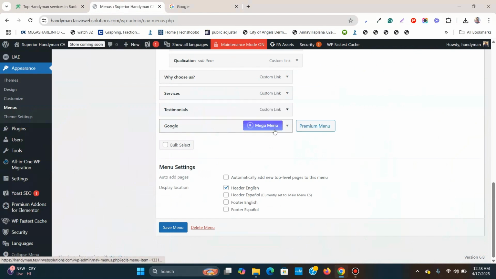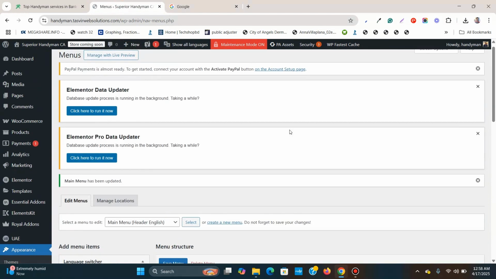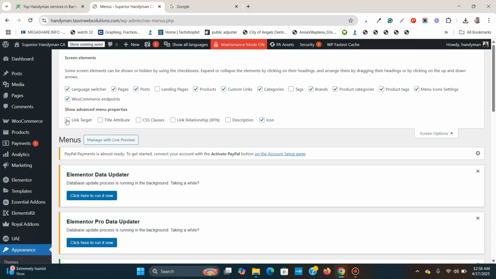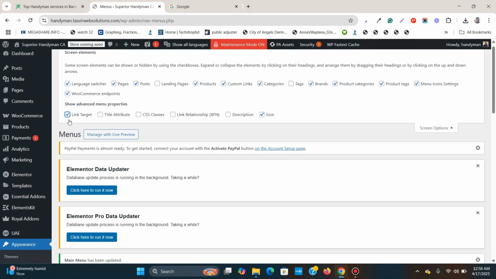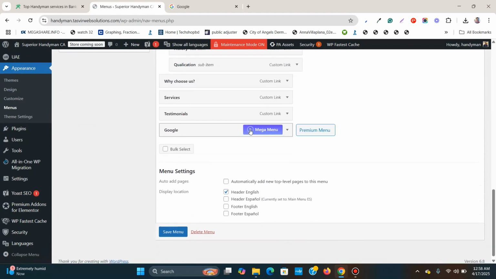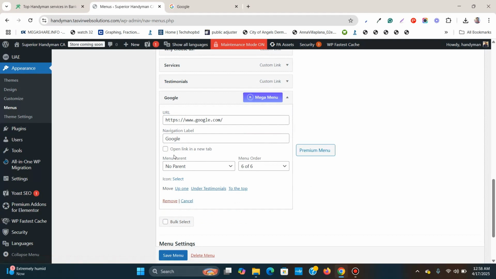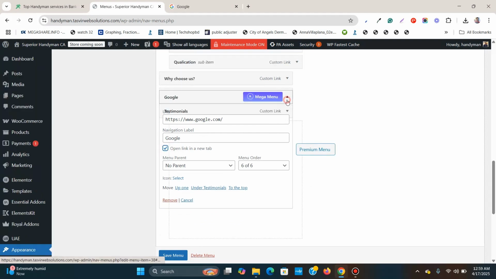So what are you going to do to make it open up in a new tab? We're going to scroll to the very top over here, and you see at the top right corner there is a tab called Screen Options with a down arrow like this. Click on this, and over here you need to check this box, Link Target. Then scroll down again and go to Google over here. Click on this, and you see now you get the option Open link in a new tab. Check this option, and